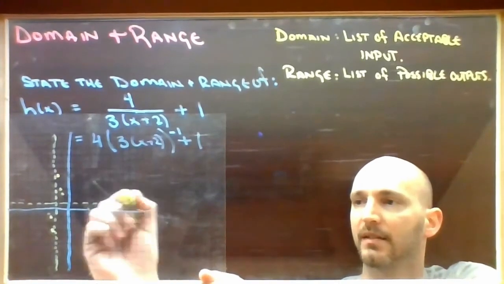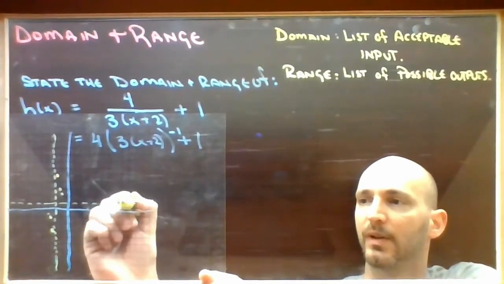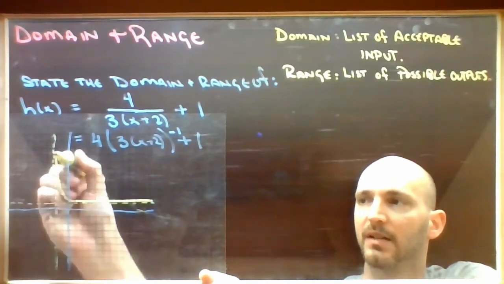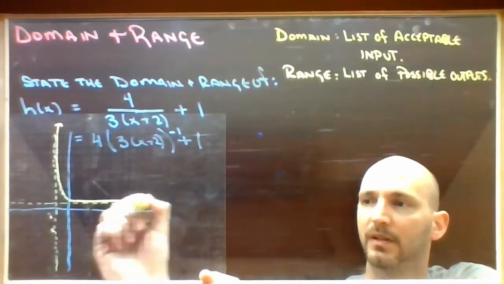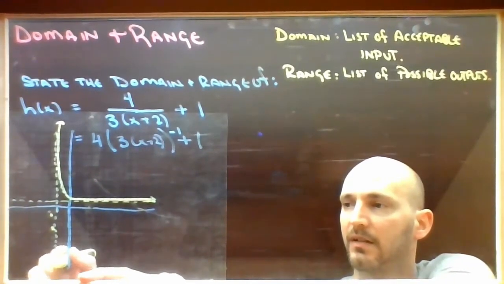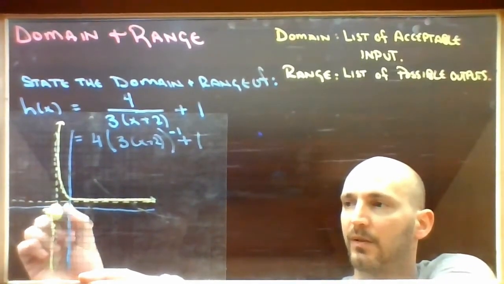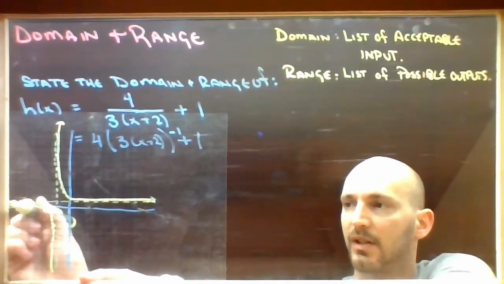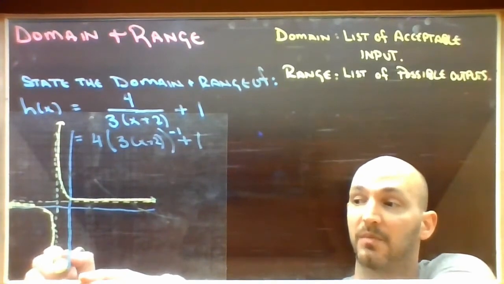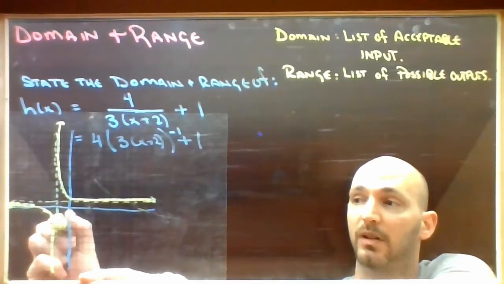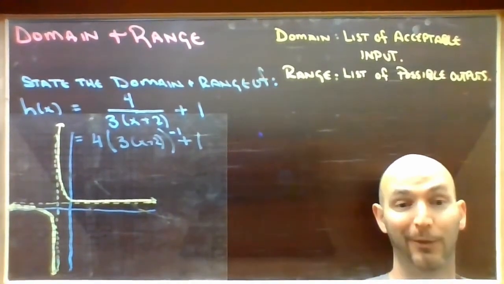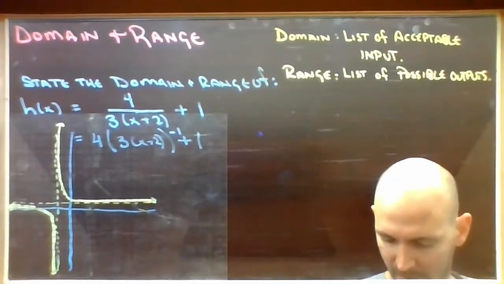So I'm getting this rational function with its horizontal asymptote here, spiking up to the vertical, and a vertical asymptote here, smoothing out to the horizontal asymptote. That was terrible. This is an embarrassing sketch. You will, of course, do much better than this one when you're doing it yourself. Okay, so